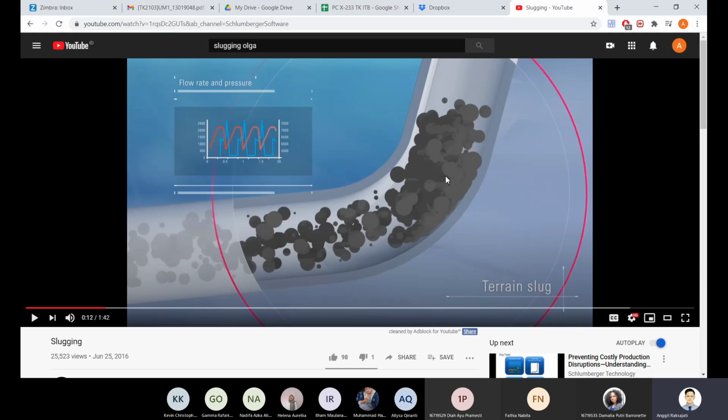Okay, and when it starts to accumulate at the bottom, it forms, instead of a small bubble, a bigger slug. So at the left part of the screen, if it's still small, we can't really call it a slug. But when it starts to combine, merge into one big liquid, that's when we call it a slug. Okay, and the problem is you can see that it's not a steady state operation.